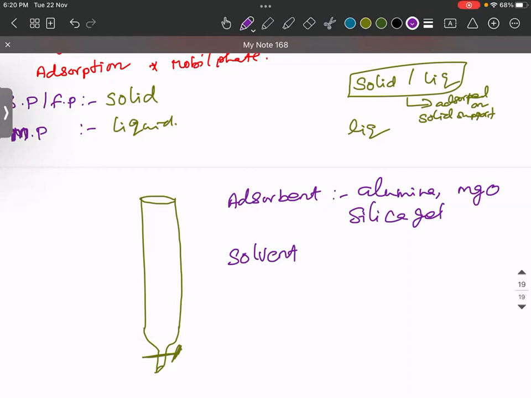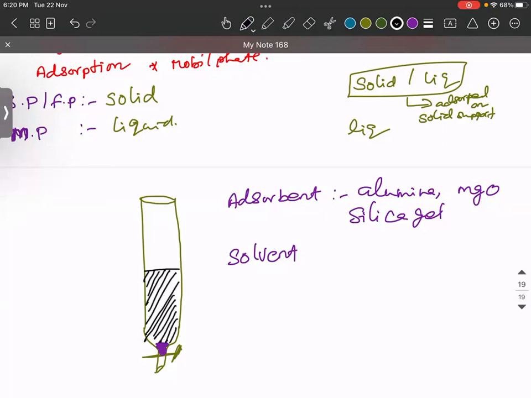Now what happens is, when you are mixing your organic compound with that, it will adsorb. The organic compound will be adsorbed on the silica gel. So take the column, and you have to put the cotton over here. Whatever blue color is there, you put the cotton over here, and then you have to fill up to this with the adsorbent